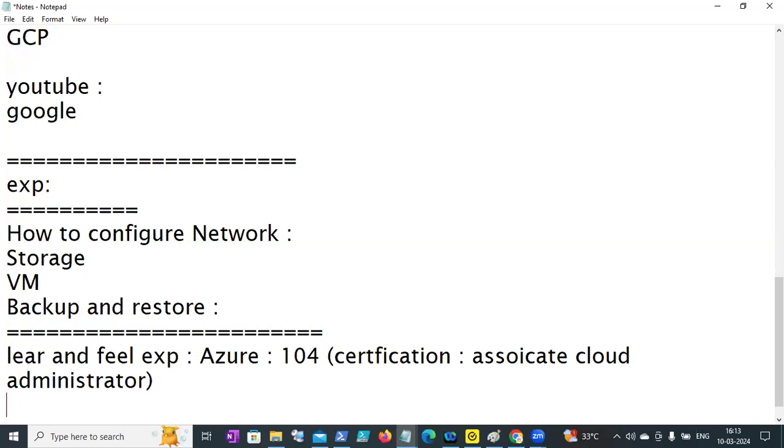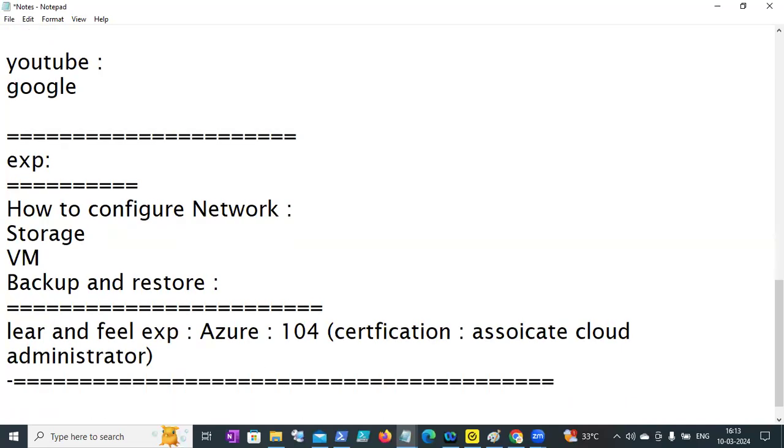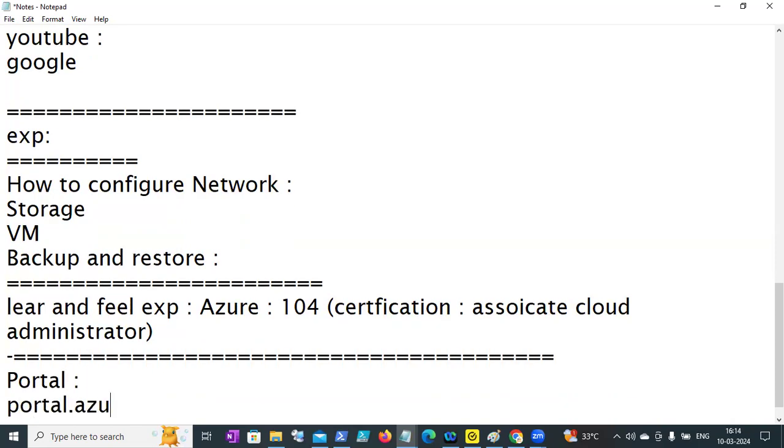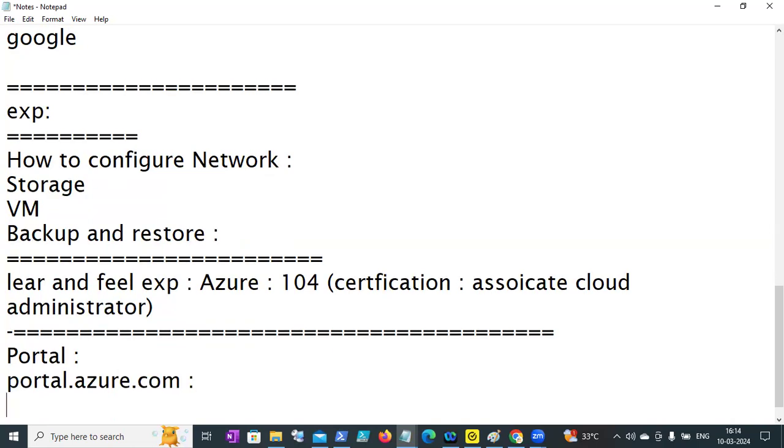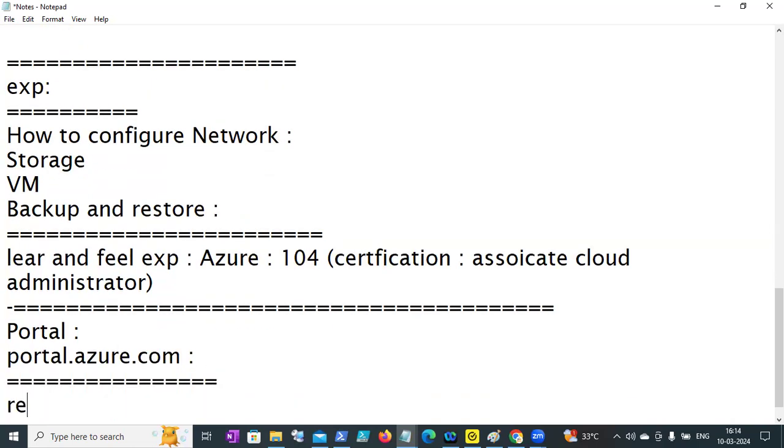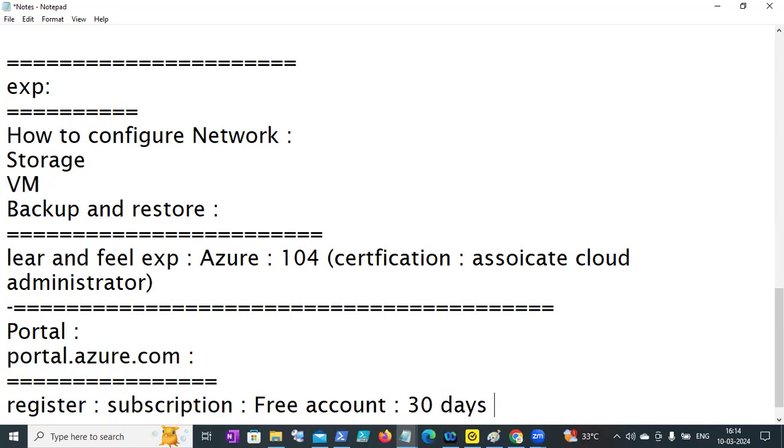You have no need to refer to anything else. If you are spending time and money on this course, you have to spend dedicated time learning, and you can practice from your end. The prerequisite is accessing everything in the centralized portal, portal.azure.com. When you go there, you have to be registered with your subscription. By default you have a subscription called a free account, right? You will have 30 days of free subscription to utilize the resources,